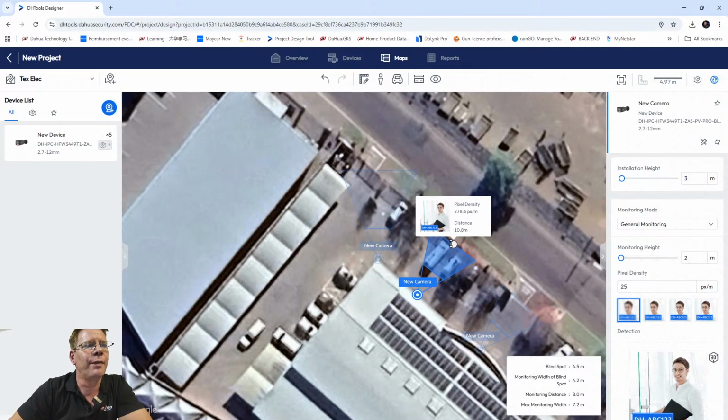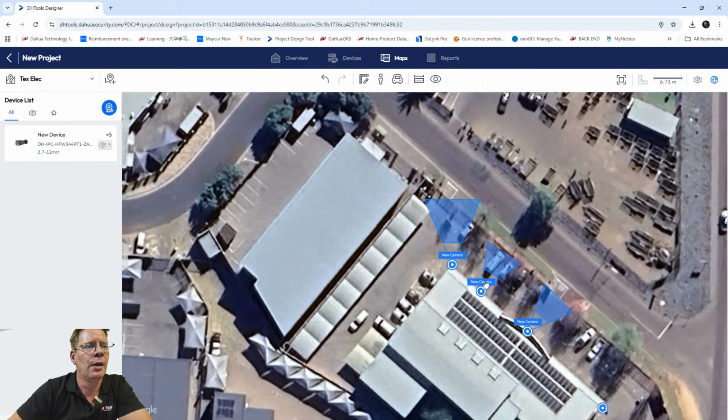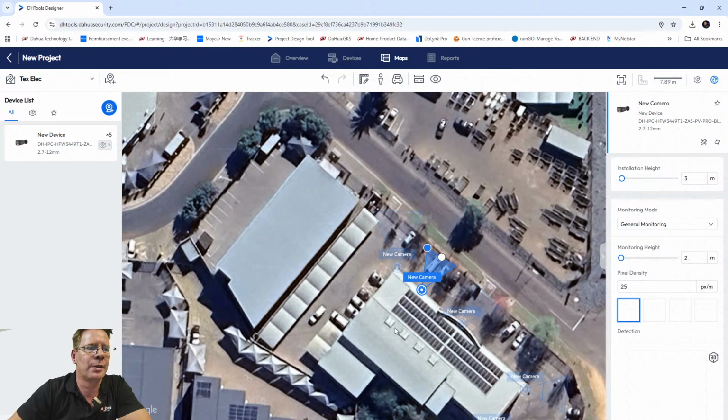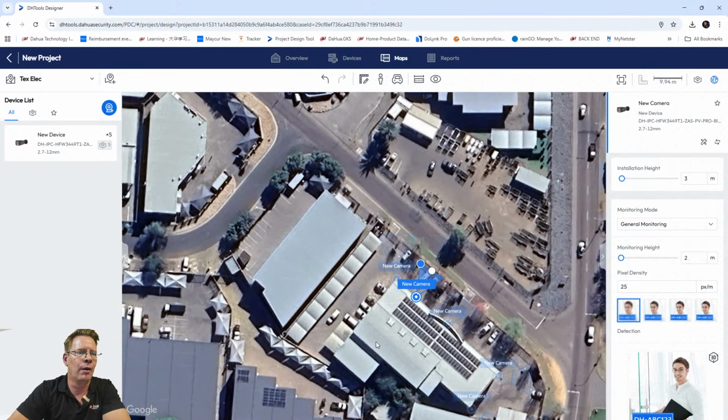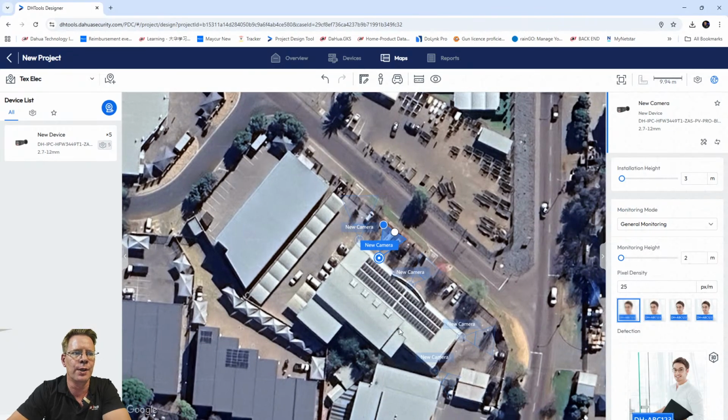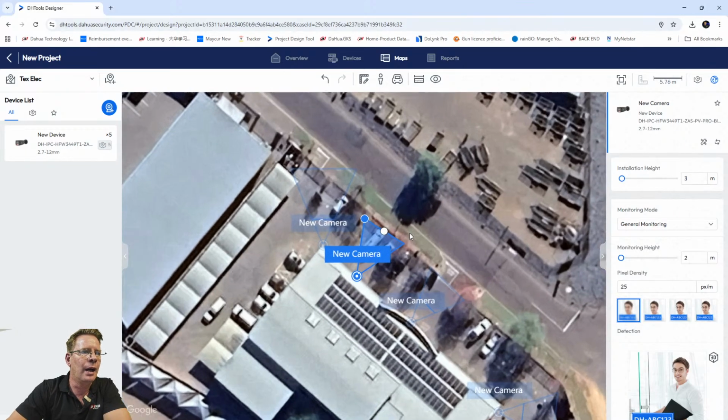So I'm only using 5 cameras for the solution, but obviously you're going to need more cameras. There's a lot of blind spots at the back of the building on the left hand side, but for this virtual training we only focus on 5 cameras for now. So I'm covering the front side of this building, so my cameras have been added and dropped into it. And now